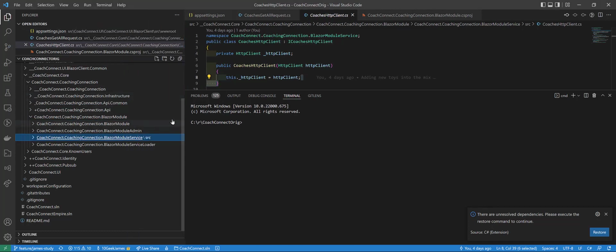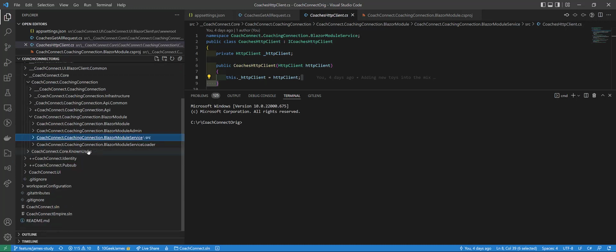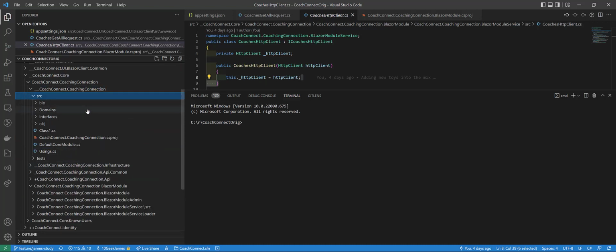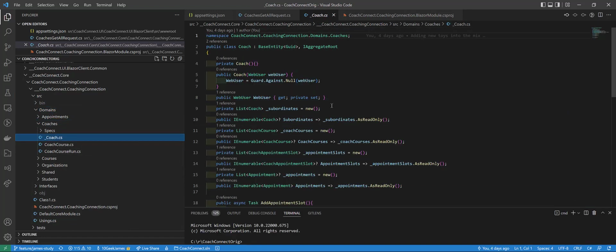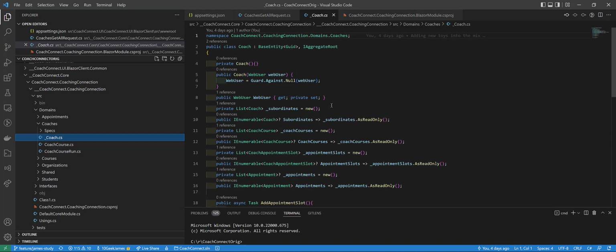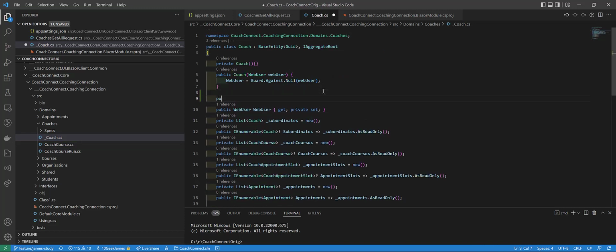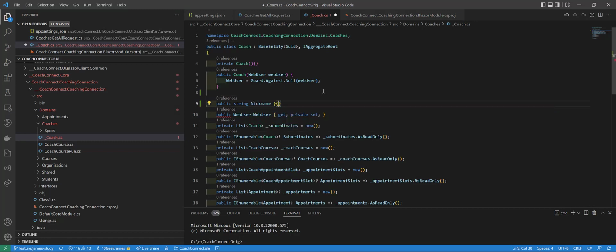Wanted to take a quick walk through the stack as it is, just a quick reminder of flow and where some pieces are. And perhaps let's just chase a concept. Maybe we wanted to teach coach, the table, roughly speaking, that it had a new field or something. How would you do that? Well, it starts all the way back here. And we're going to say, I don't know, maybe public, coach has a nickname.